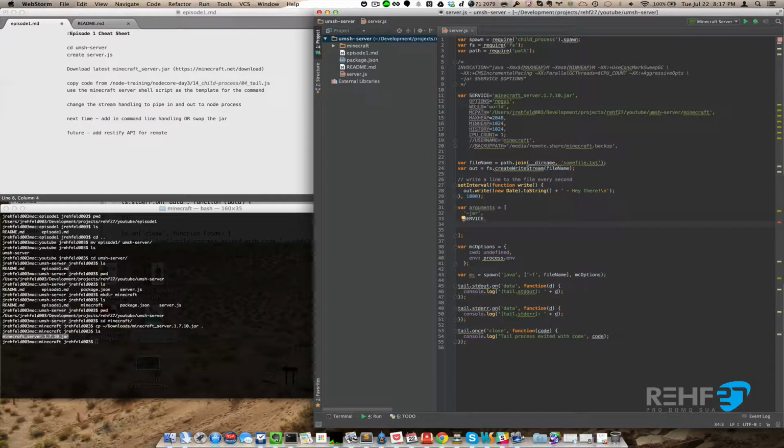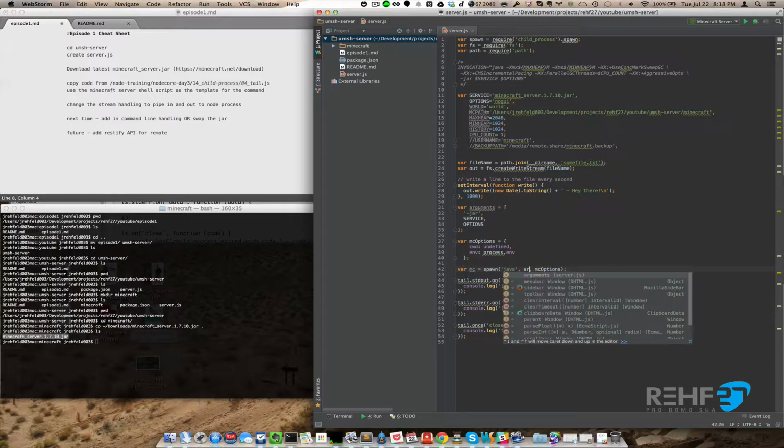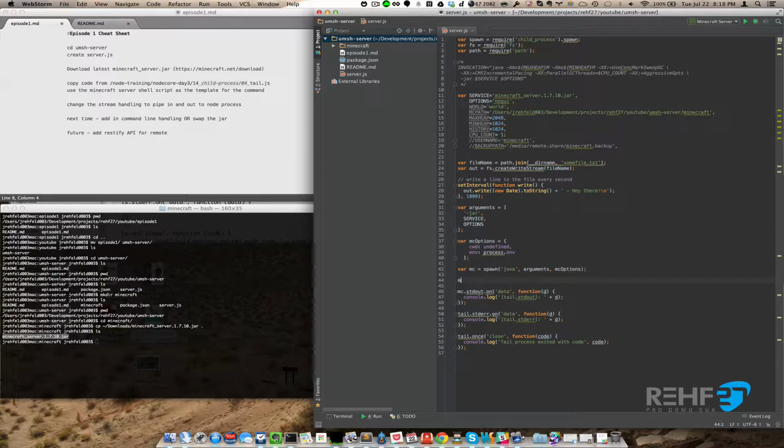So this options. Let's see if this works. Hopefully it does. So it's going to do Java. It's going to pass in these options here. There we go. All right. So we should be executing it now. So this is actually going to be MC. Let's pipe standard out on data. It's actually just pipe MC dot